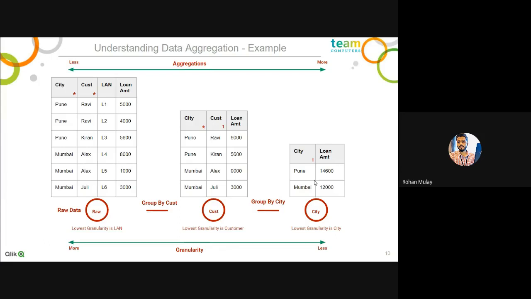So now in this next group by, you can see I want a granularity at city level. So on city level, I cannot achieve this city level group by in this customer level group by. So definitely I will have to create a separate group by, because previous group by was on customer level and now I want on city level. So next time, whenever you have to use any city level group by, you can try to use those aggregation functions in the same group by clause instead of creating multiple group bys.